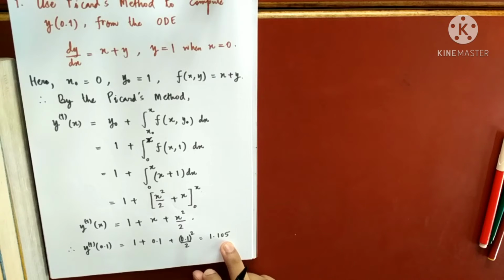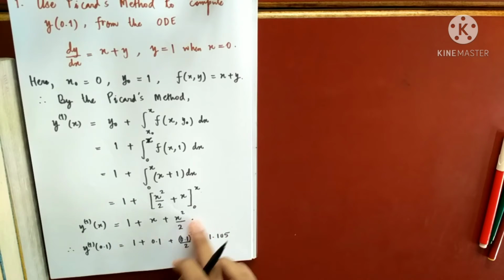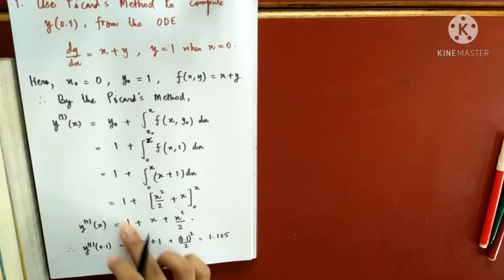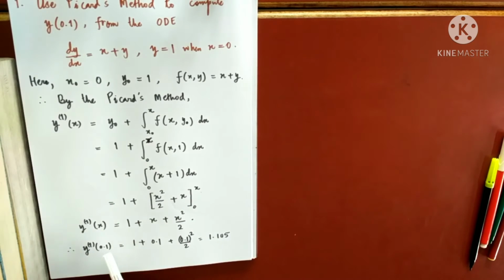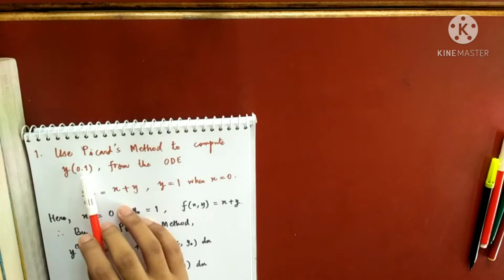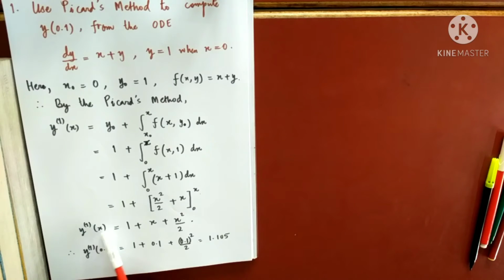So we will try to make this better, definitely. So let's go for the second iteration. But in the second iteration, you're not supposed to put this constant, but you'll put this quantity, in terms of x. Keep that in mind. I am checking this because I wanted to find y at 0.1, but while in the second iteration we will not put this constant, I will put this quantity.